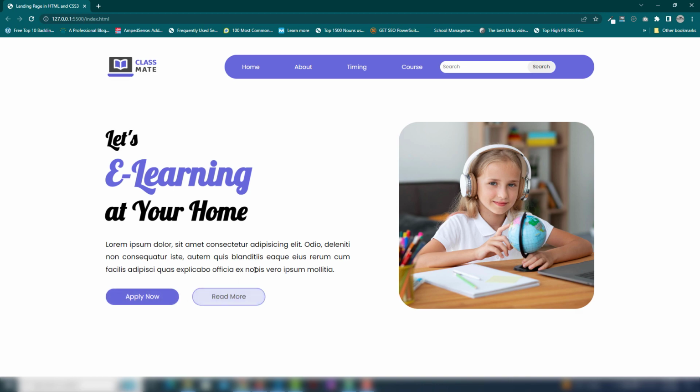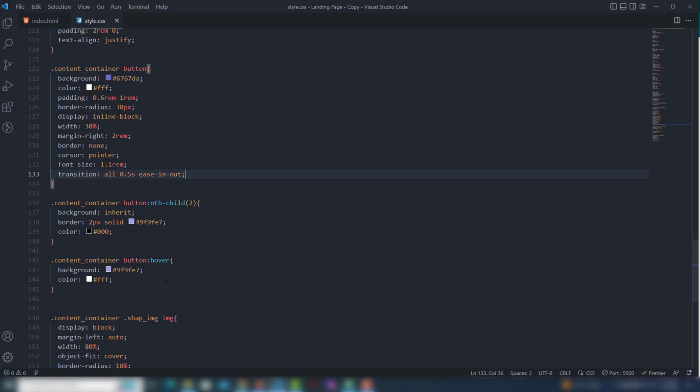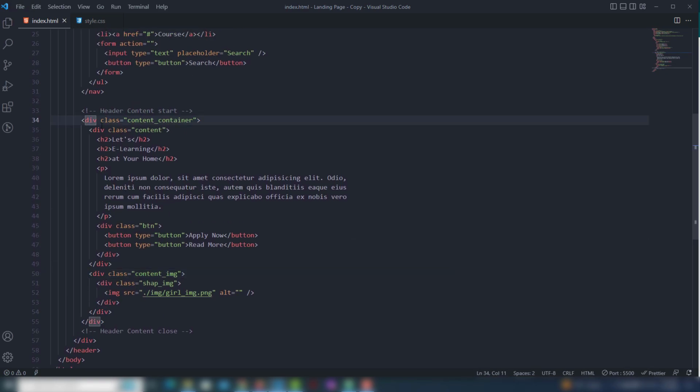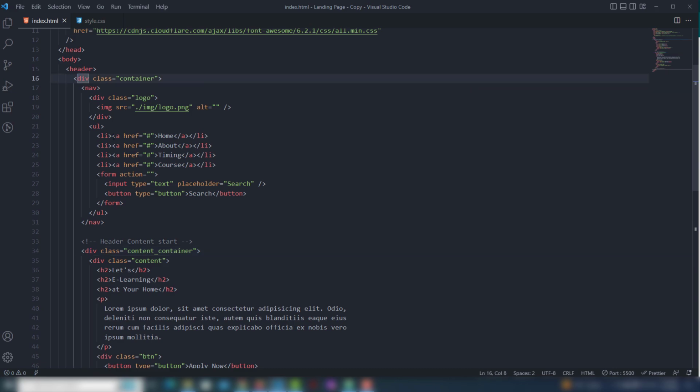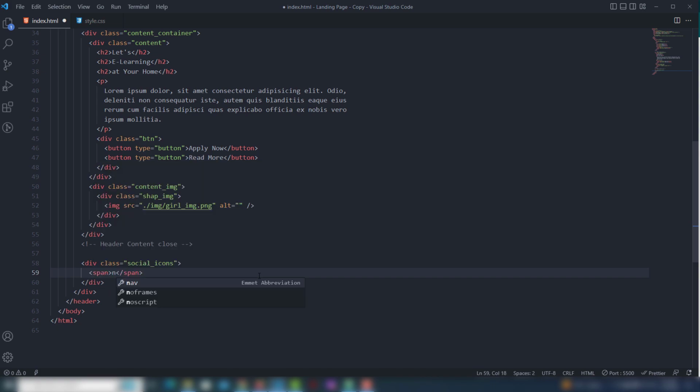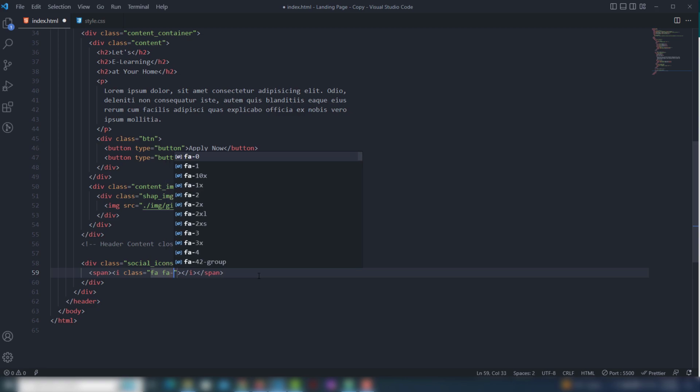right? Last thing we need to add the icons. So where is my container? Here is my container. So inside there I need to use social icons div. Inside there you need to add the icons, so I'm going to use the icons span, i tag, class fa-brands, fa-facebook,